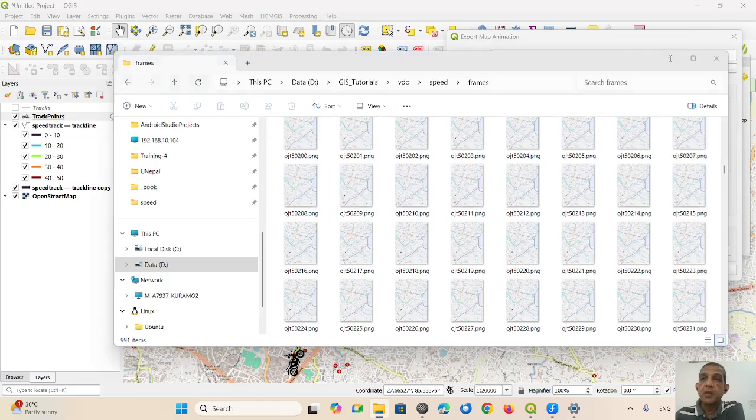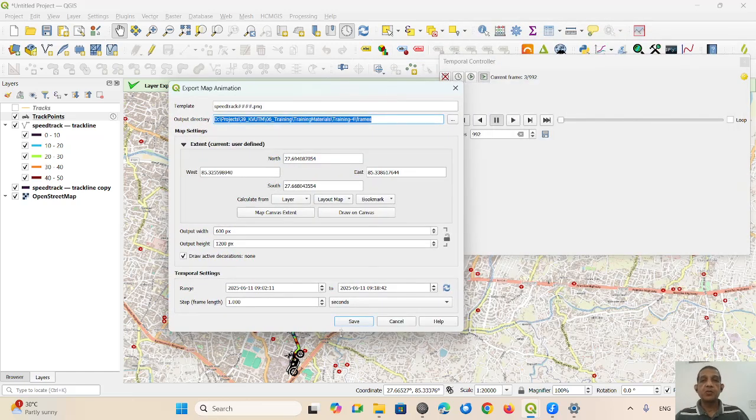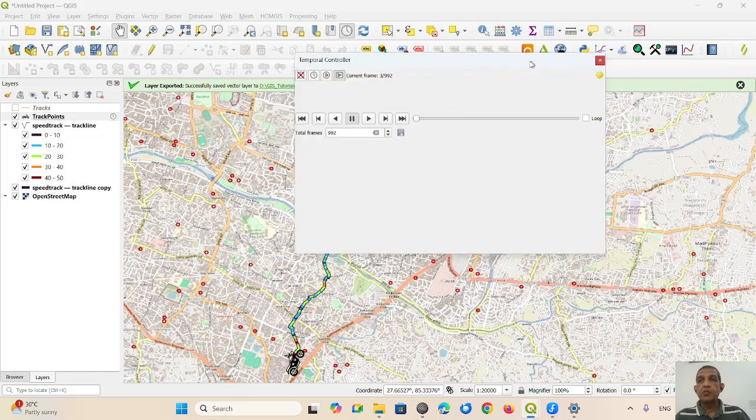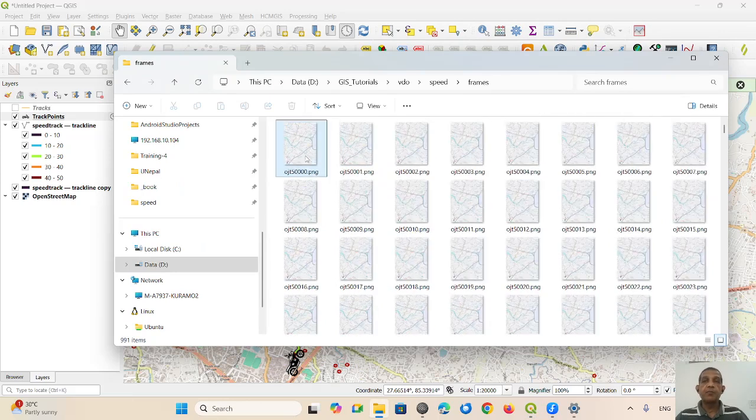So just click on save, and it will start saving the PNG files inside this folder. So you have to choose the folder that you want, and then once you save, it will start saving. I am not going to click this save button this time, and when you save this, it will create PNG files. And next what we do is